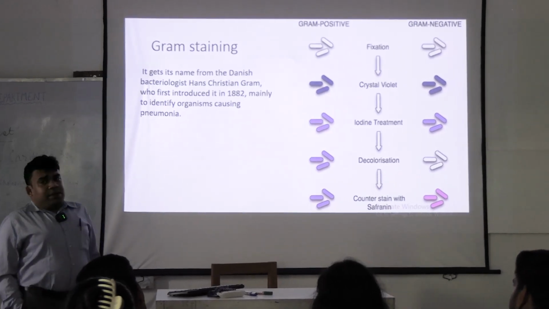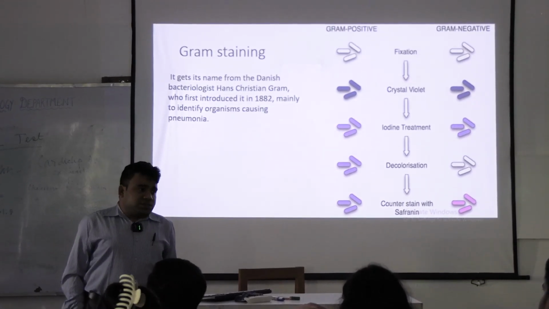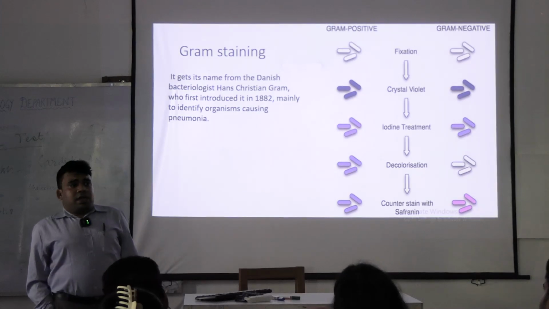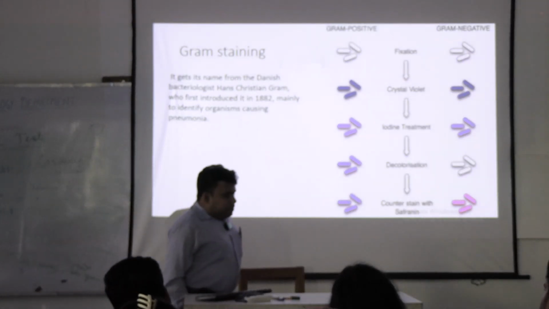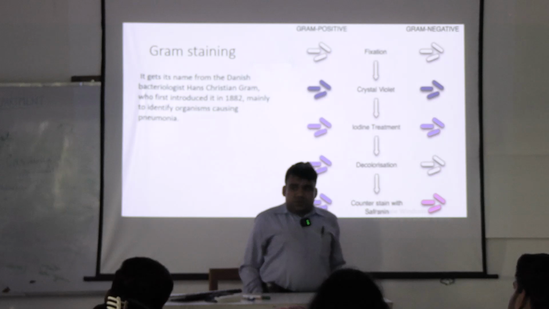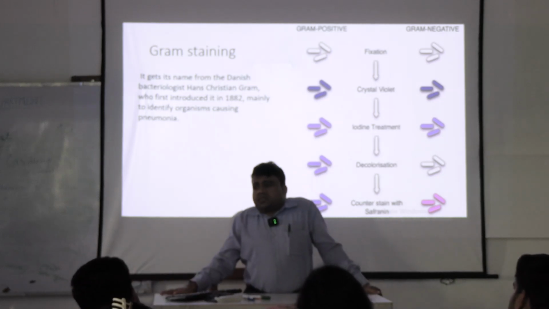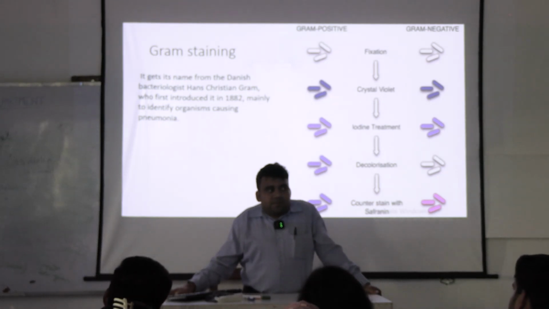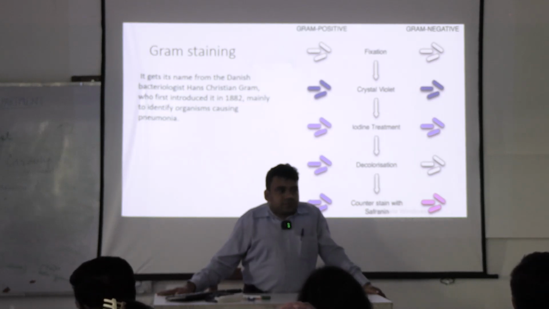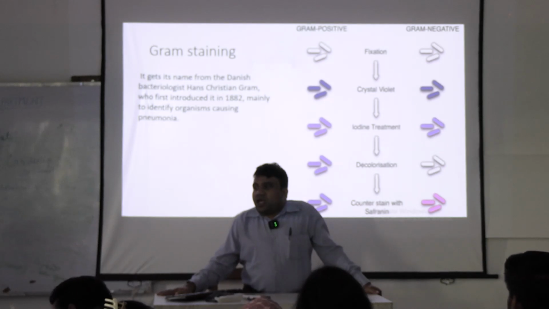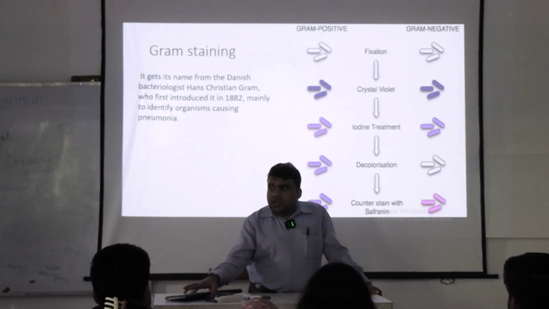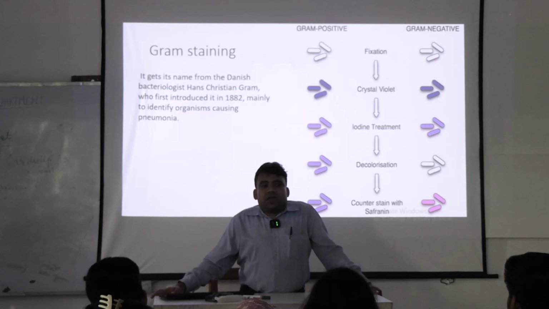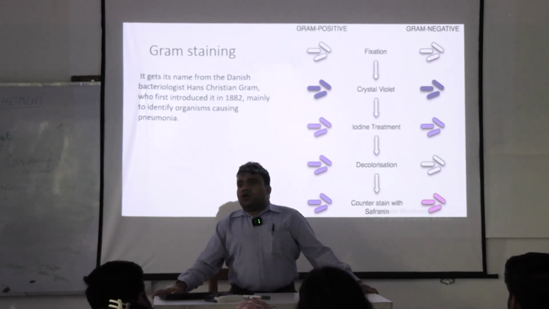The Gram staining is named after Hans Christian Gram. At that point, it was a time when many people were dying of a disease which was at that point of time called the disease of consumption. Any idea what the disease is? Exactly. So, tuberculosis, before the etiology was known, was called the disease of consumption,